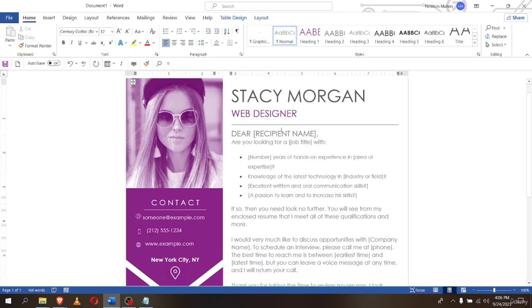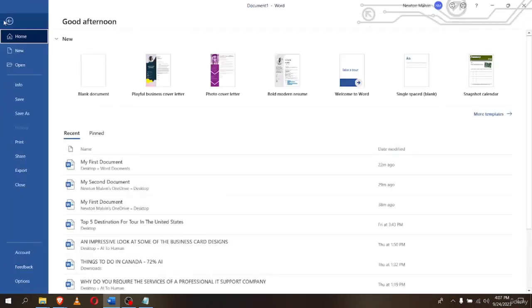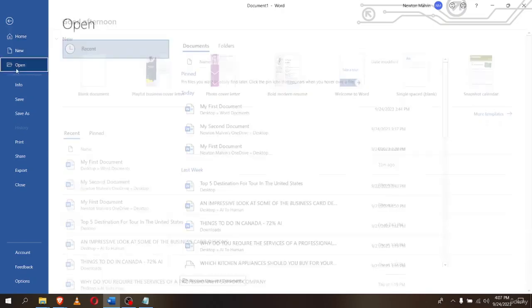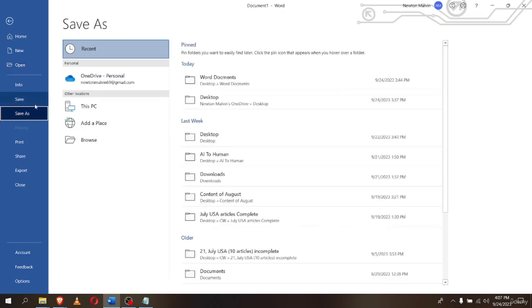Okay, so dear recipient's name. Okay, you can add the recipient's name. What are you looking for? Now I can save this as a template itself. All right, now how am I going to do that? What I'm going to do here is I can just go ahead to file, and if I go to open, I want to save this as a template. So I'm going to click on save as, and I'm going to select my